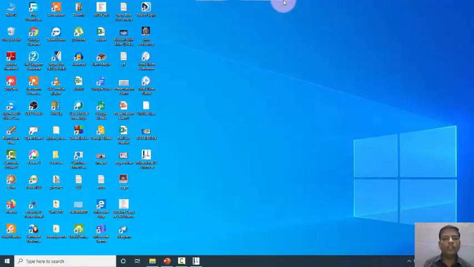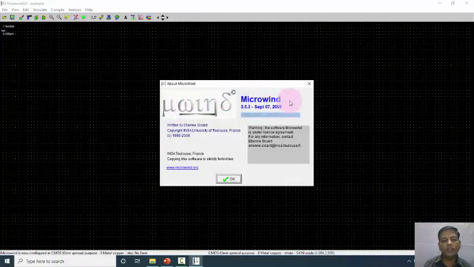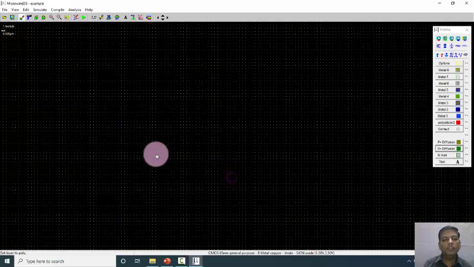How to go into the foundry? Here we have an actual demonstration, shown directly on my desktop. Look at my desktop, we have the shortcut of Microwind 3.5 version. I am double clicking on Microwind 3.5 software, and a pop-up window about Microwind appears. Click on OK, and your window will start, that is the Microwind 3.5 example.